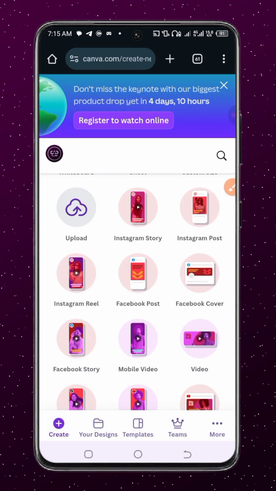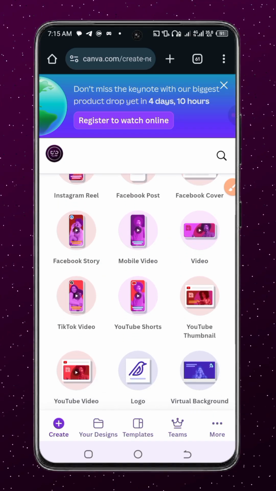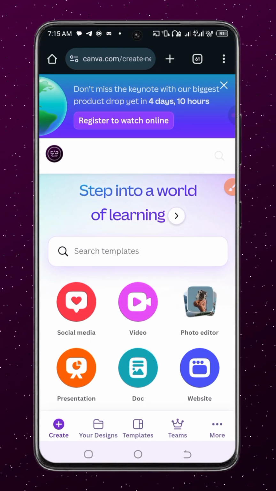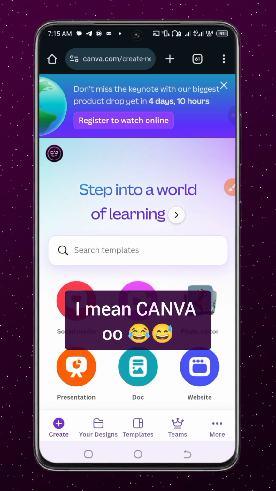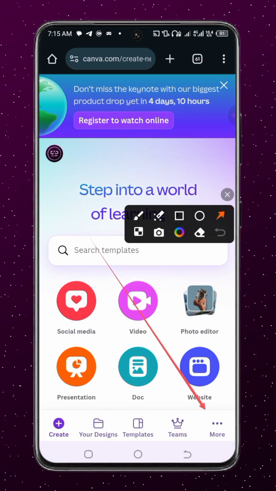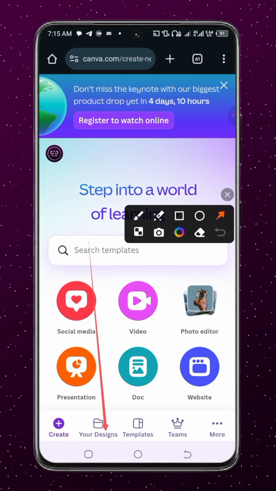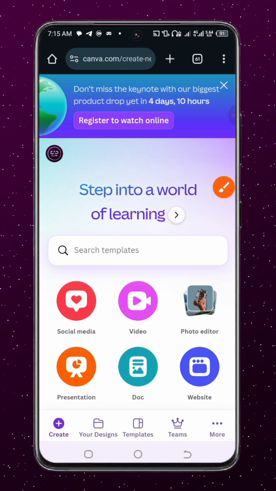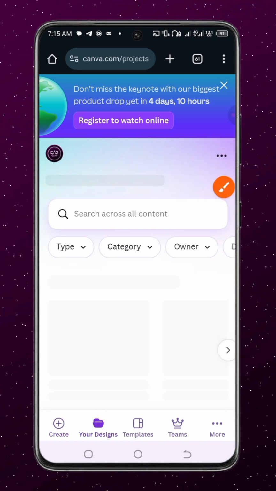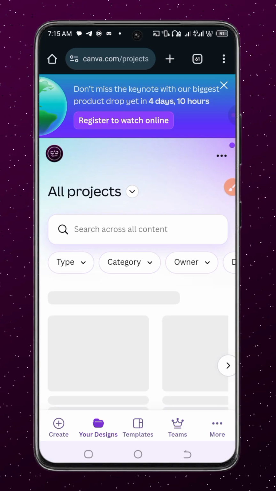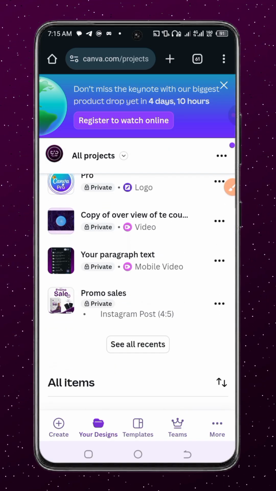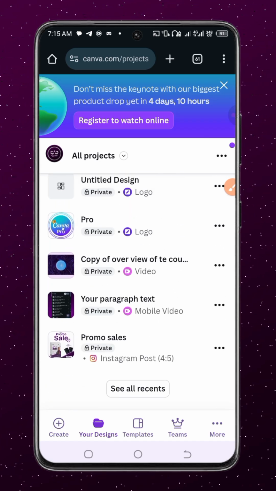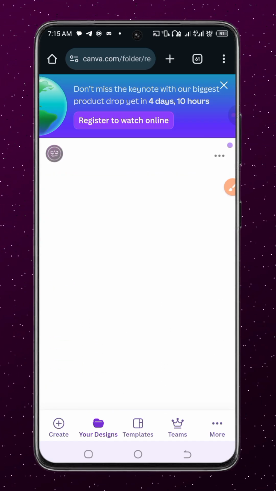See, I give up on the app and I'm coming back here. So I just have to make use of the web to give you the introduction to Canva. Starting from these key elements down here, if you click here, you'll be able to see your previous designs that you've made on Canva, taking you to all your projects. Each and every one of your projects will appear here. As you can see, these are my previous projects, and you can see all recent,